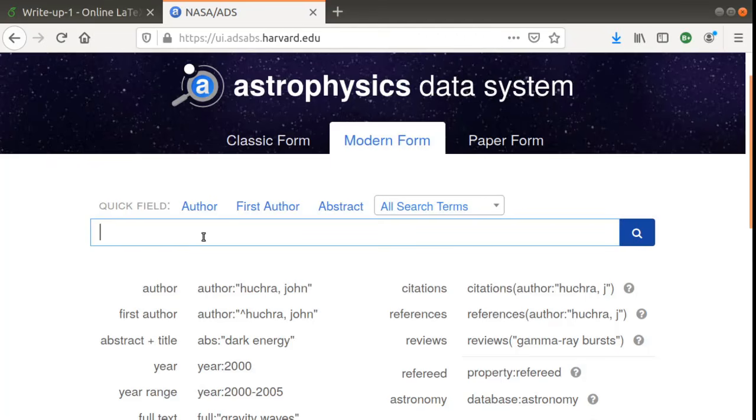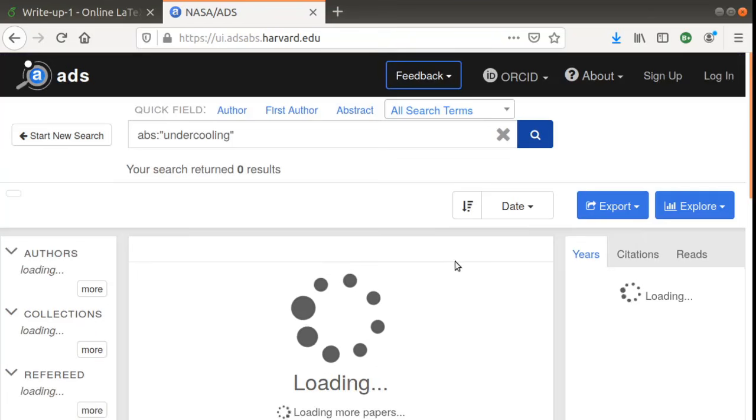Luckily the topic undercooling comes under physics, so you can search for that. Let us say we want to search for articles that contain the word undercooling in the abstract, and click on that, and you would see that several articles are listed.